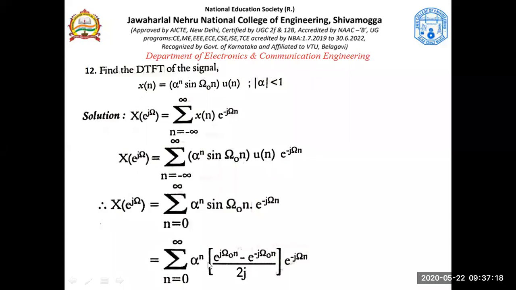So we'll have two summations. This 2j can be taken out because it has got nothing to do with the summation. Combine these two exponentials and one summation along with that. That is how the terms are arranged. And all the exponentials along with this alpha have n in their power, so take that n common as the power n.